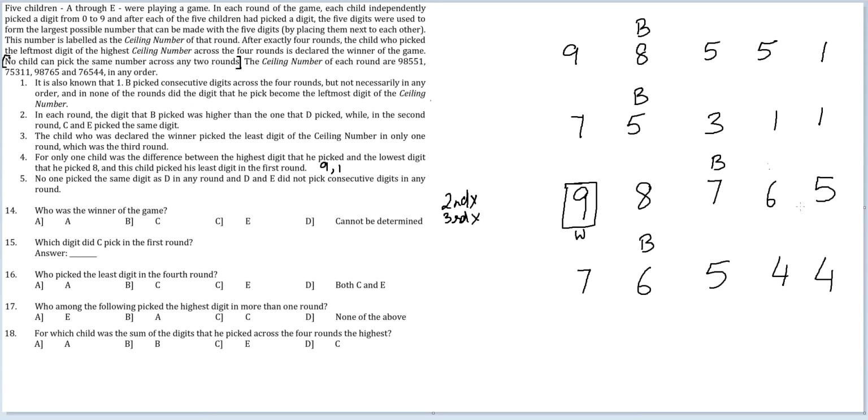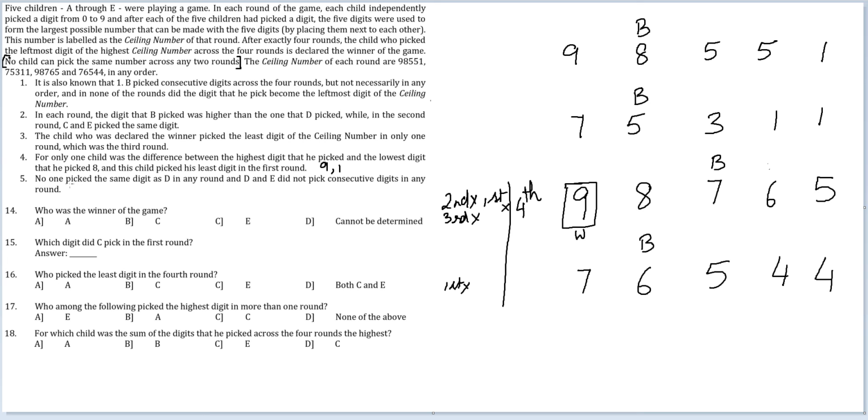So this 98765 is definitely not the first round. And also this last one here, 76544, is not the first round, because the first round needed to have digit 1. So either the first case or the second case is the first round. Given that one of these two is supposed to be the first round, these two cannot be the first round. So now you are also able to infer this is definitely the fourth round.